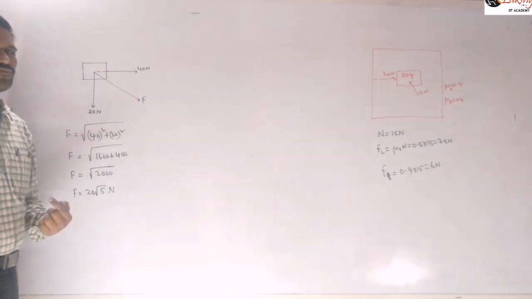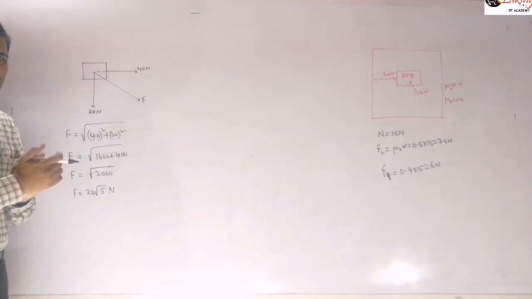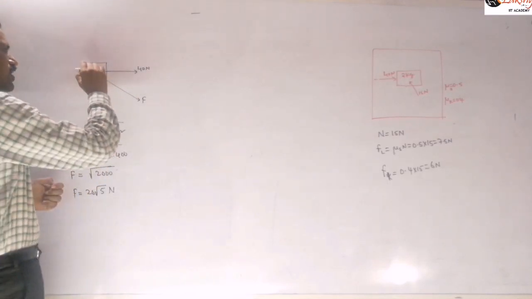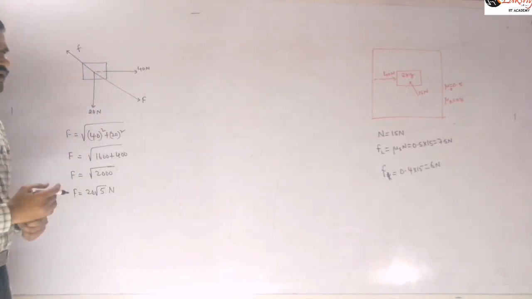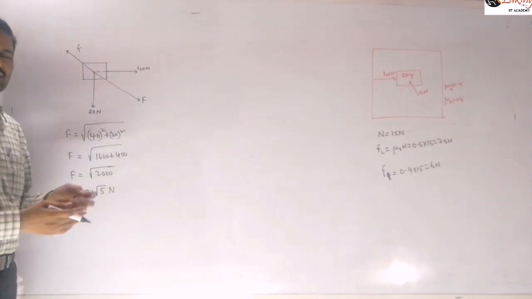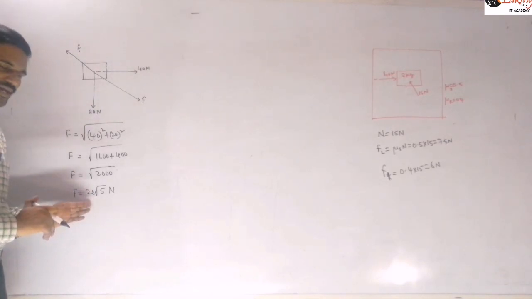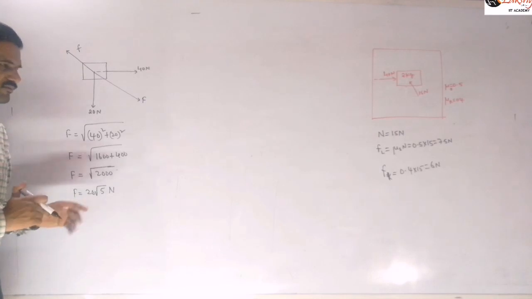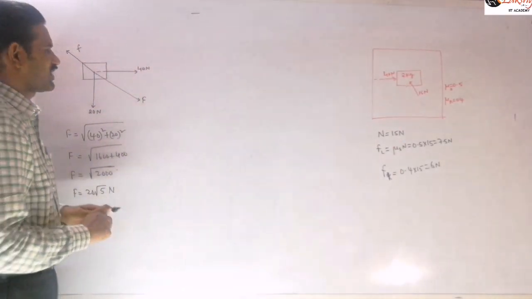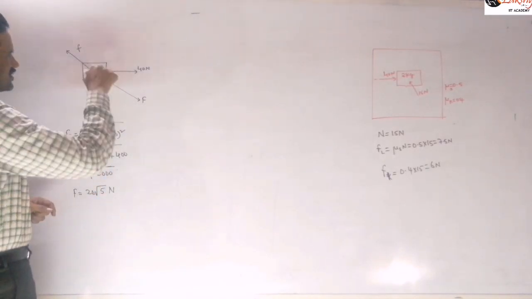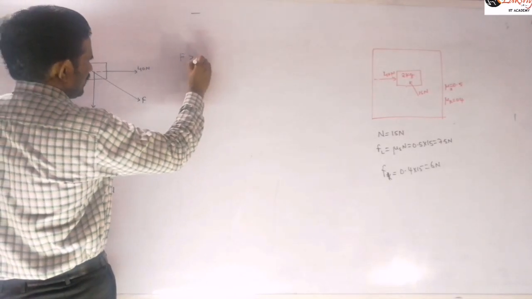Now the net opposing force will be opposite to this. This force is trying to accelerate along this direction, and so friction will develop opposite to this, like this. And now we need to check whether this force is greater than the limiting friction or less than the limiting friction. So clearly you can say that here the accelerating force is 20 root 5, but the limiting friction is only 7.5 newtons. So definitely the system will accelerate here, right? And the system will accelerate along this direction. That means what we can write is F is greater than F limiting.